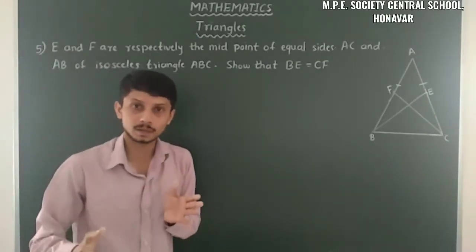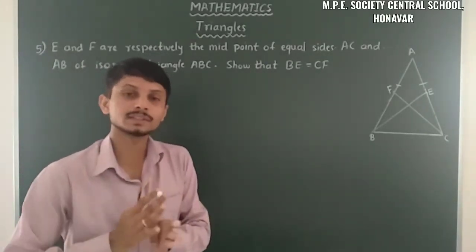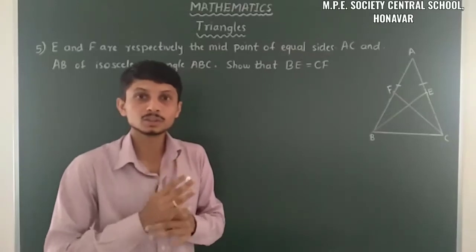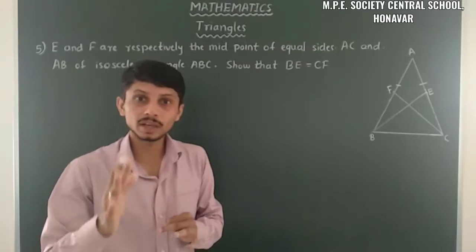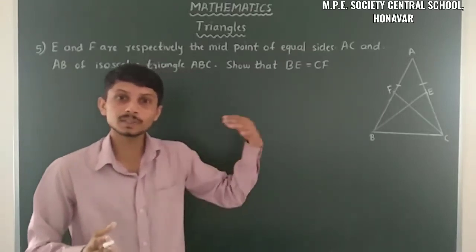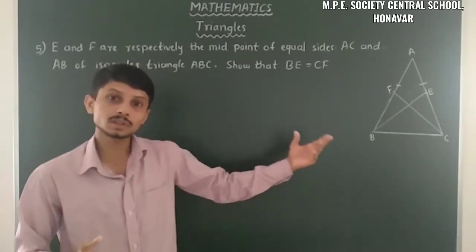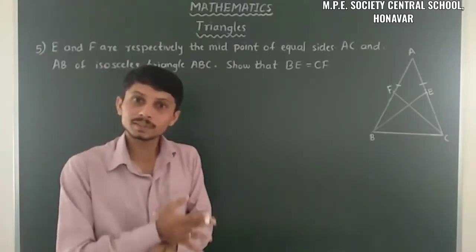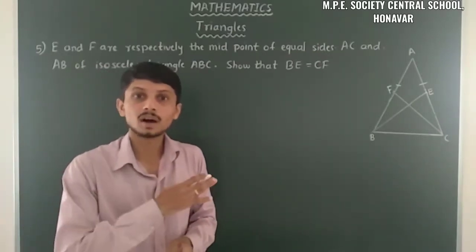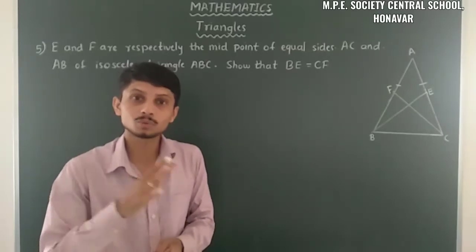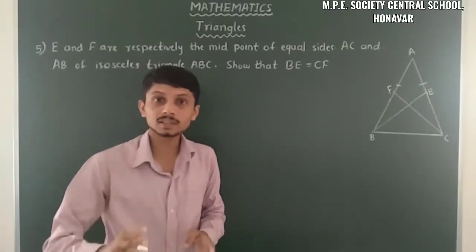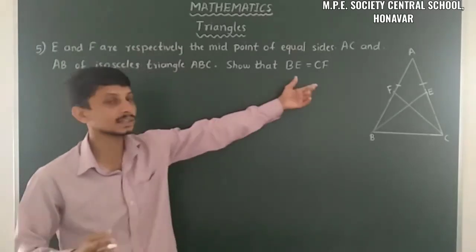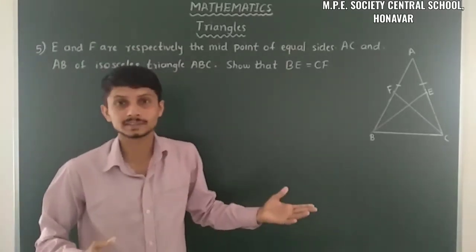Throughout this chapter we have SAS congruence and ASA congruence. In that we have to find any two triangles, and then prove those two triangles are congruent. After that, all the corresponding sides of those two congruent triangles are equal. Likewise here also we have to find that those two sides are part of two triangles.